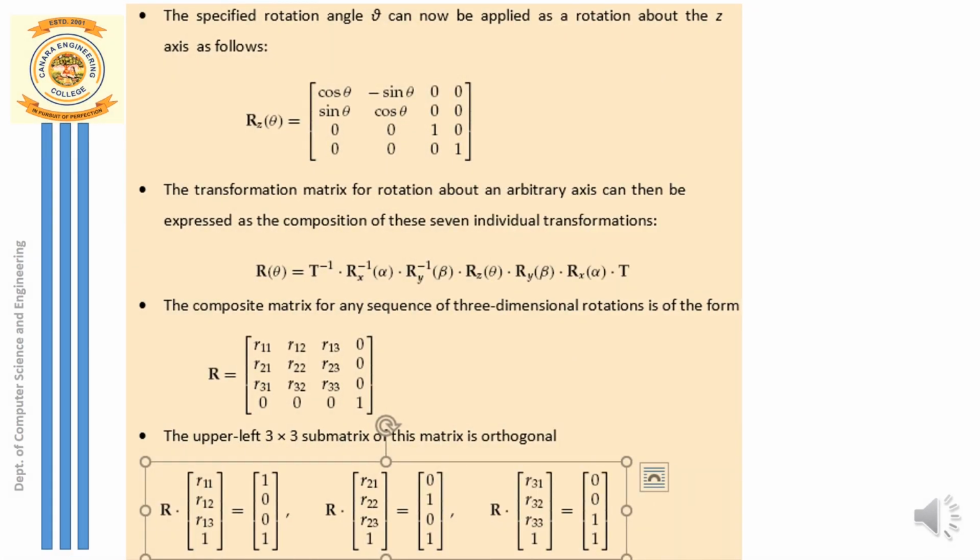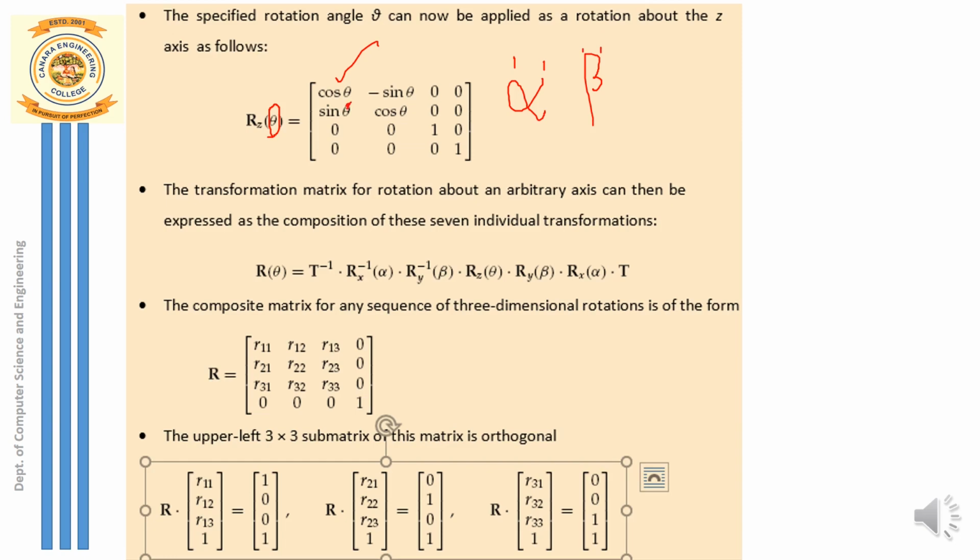You can now finally end up with the rotation about z-axis. So we know the angle of rotation that we have to perform along z-axis, that is angle theta. Remember, the rotation along x-axis is done by an angle alpha, rotation along y-axis is done by an angle beta, whereas the rotation about z is performed by an